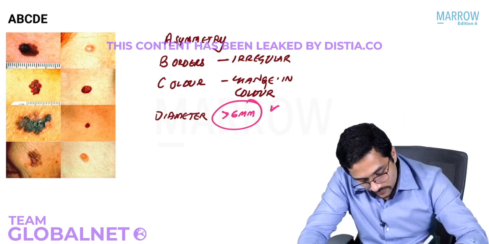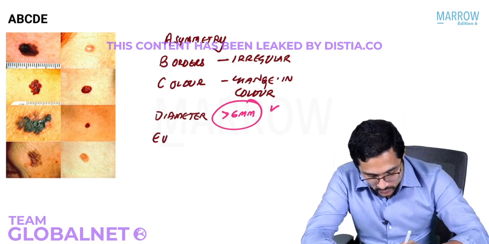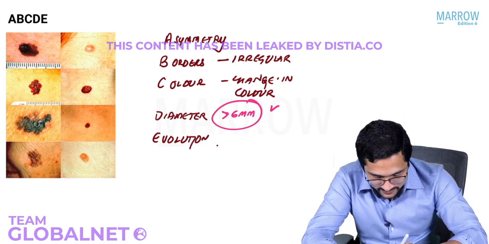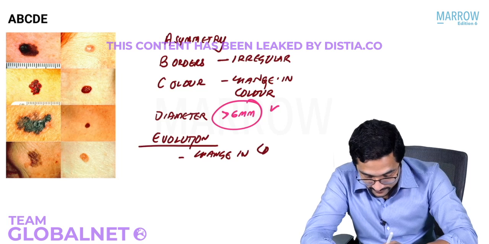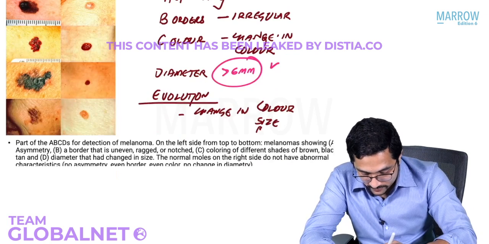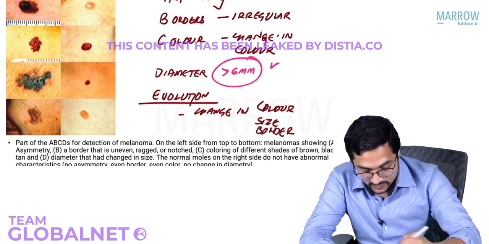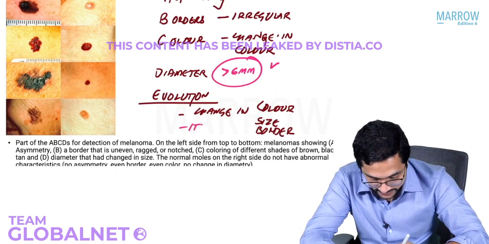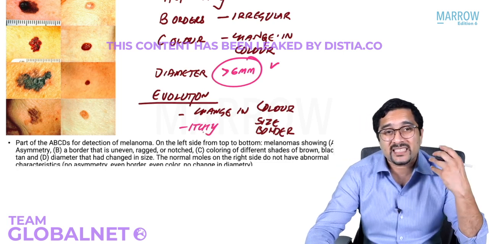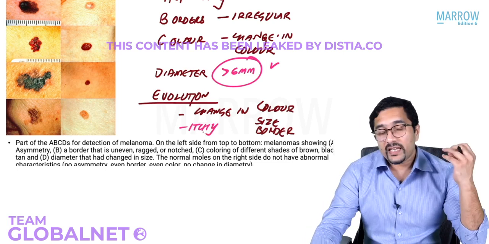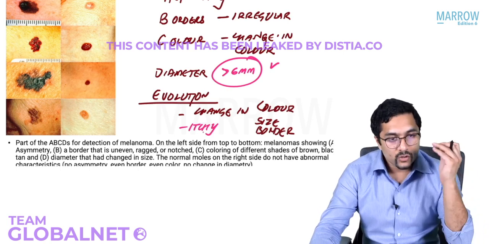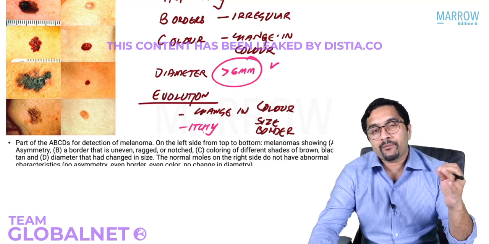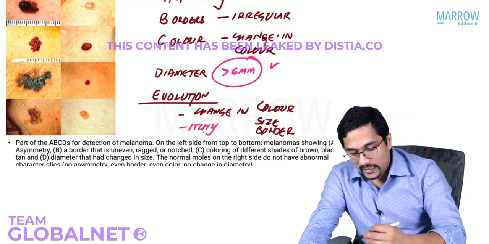concerned. E is evolution. So evolution means, is there a change in color, size, border? Or you get a lesion which is now becoming itchy. It wasn't itchy, it is now becoming itchy and there is discharge from it. These are the various features which we need to look at. So these are the ABCDE features. You need to remember them for the exam, which we should look out for in any patient with a